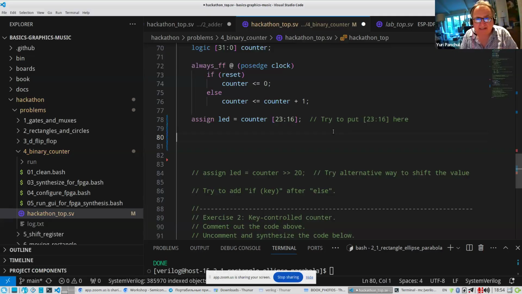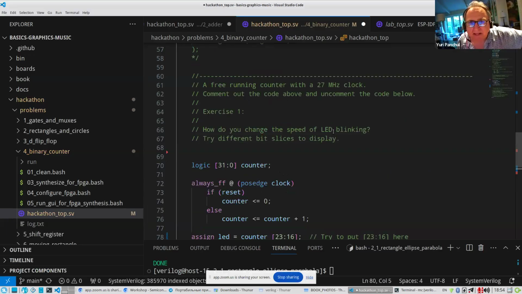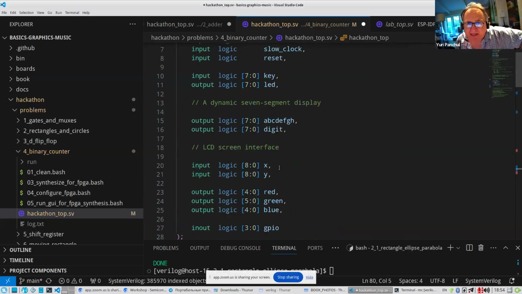As you probably discussed yesterday, we have a graphics controller which gives you X and Y, and you need to produce the colors red, green, and blue.